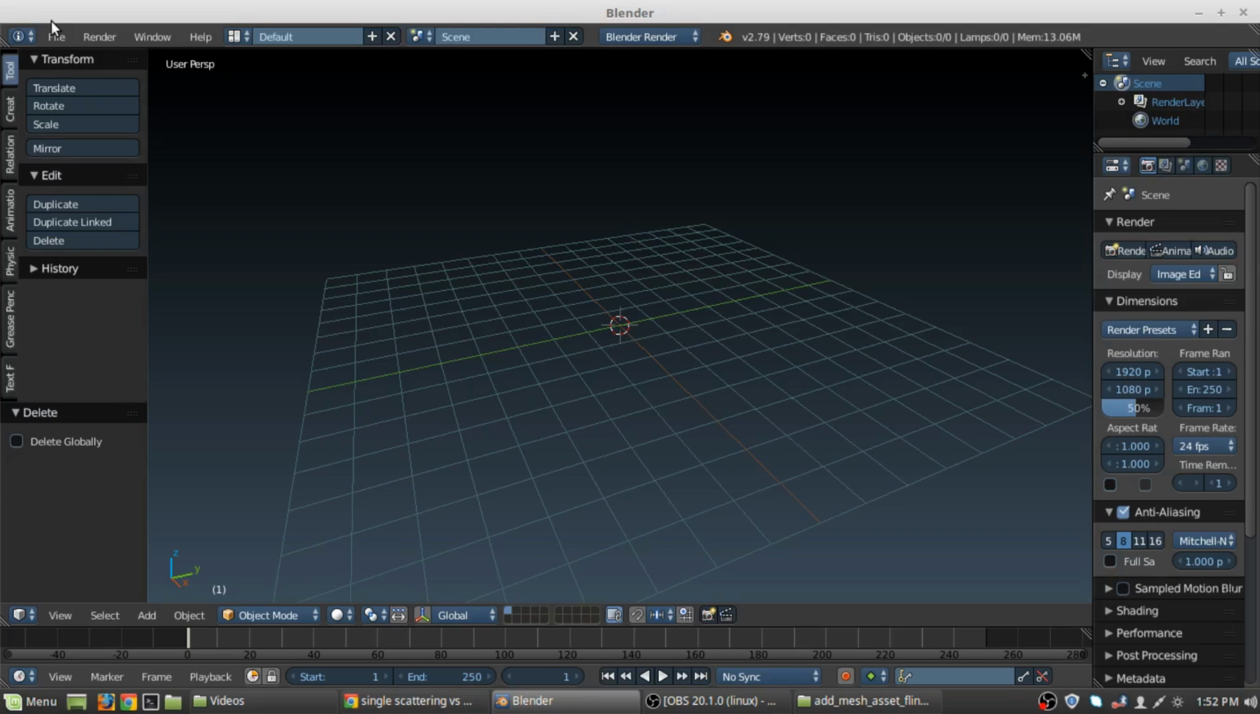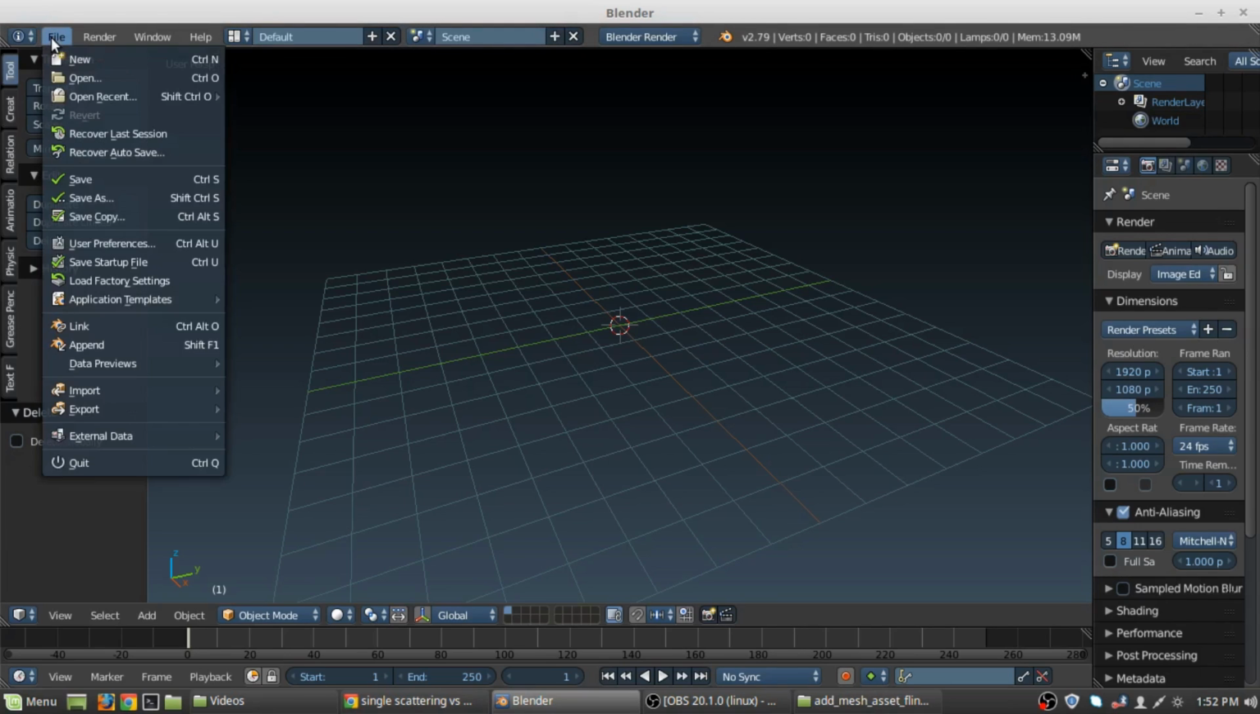Another thing you might be noticing is the theme. The theme of Blender is quite different. I have talked about this in my earlier videos, but let's talk about it once again. If you go into File in the Info header, all the way down to User Preferences, and you open it up,